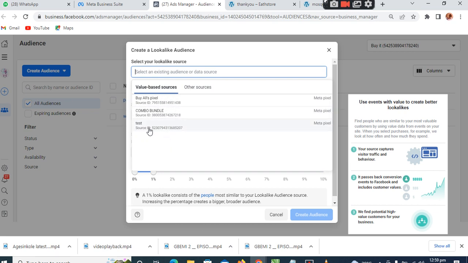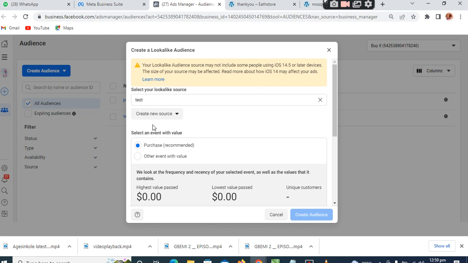You understand? If I pick this one now, there won't be any audience that I can use to create. Sorry, I was referring to this combo bundle. If I click this, there is something I will be able to track, but I've used this one, and that is what I used to create the pixel and custom conversion. So I can choose this pixel. It says your look-alike audience source might not include some people. So I can use that audience, or